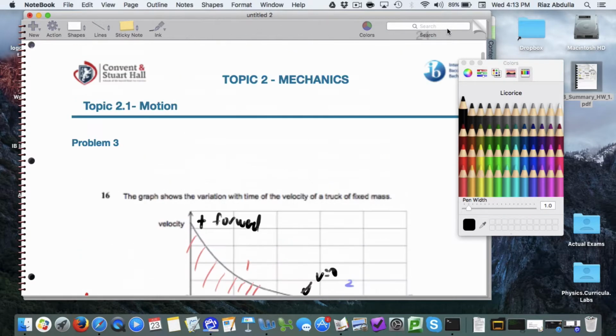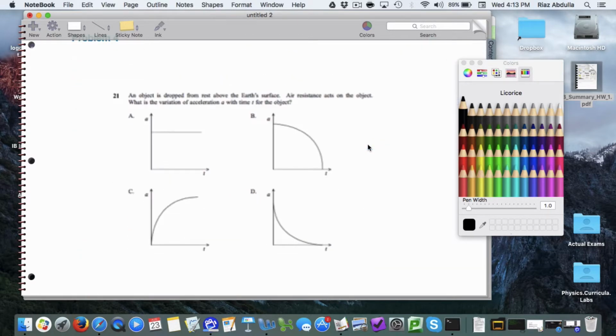All right. So problem number 4, an object is dropped from rest above the Earth's surface. Air resistance does act. What's the variation of acceleration with time? So we're going to actually not have constant acceleration. Oh my goodness, this suggests that we have a constant acceleration that gets steeper and more negative. No, no, no. And here this suggests that we have an